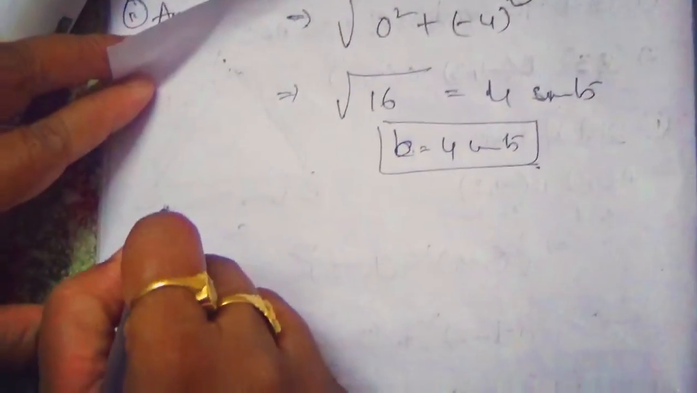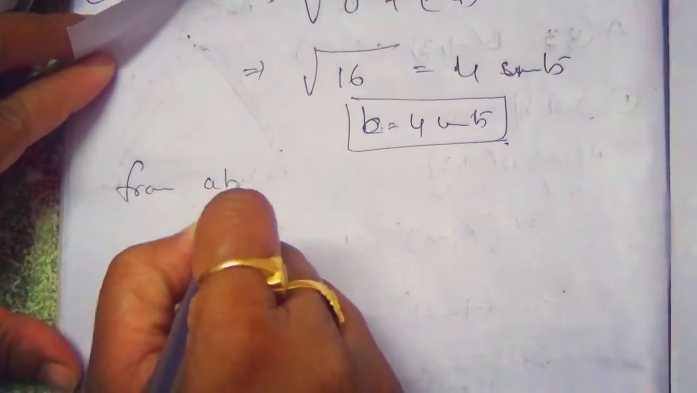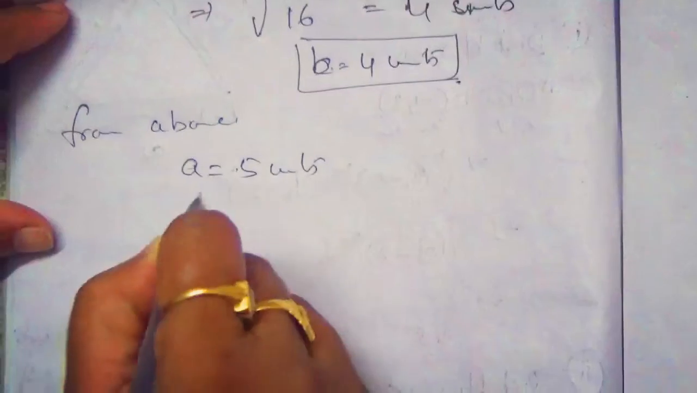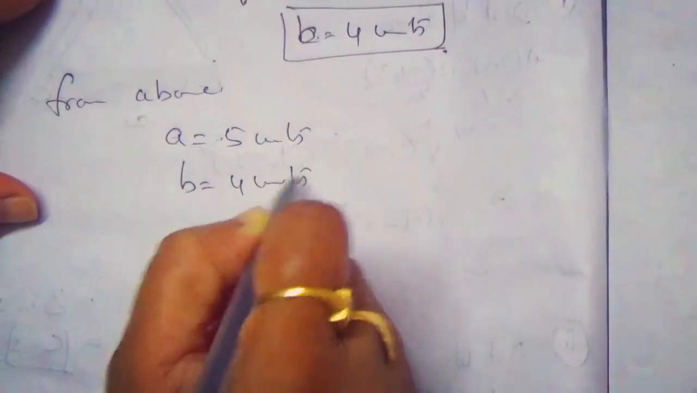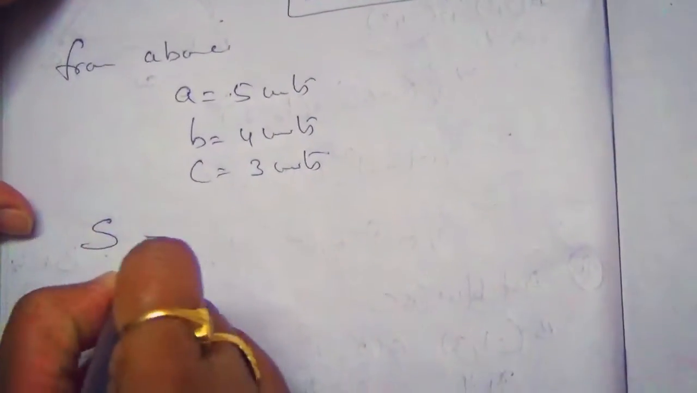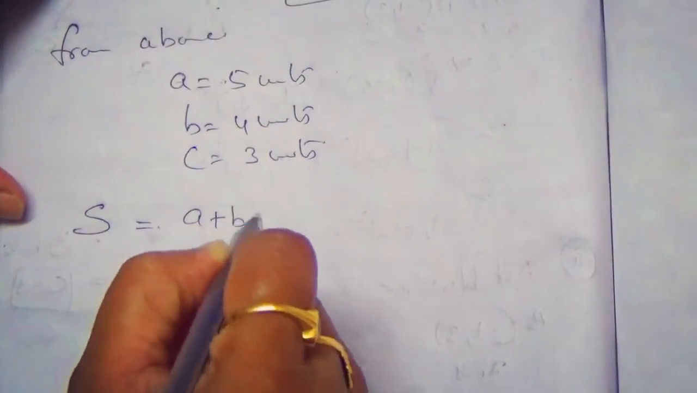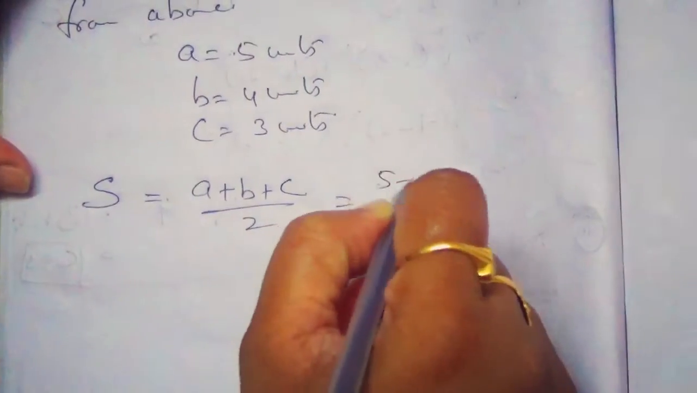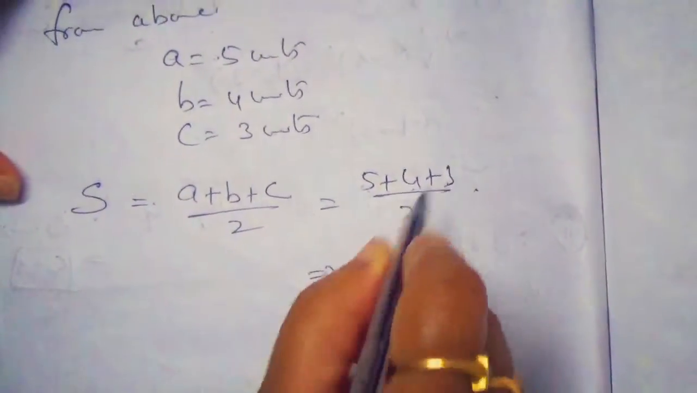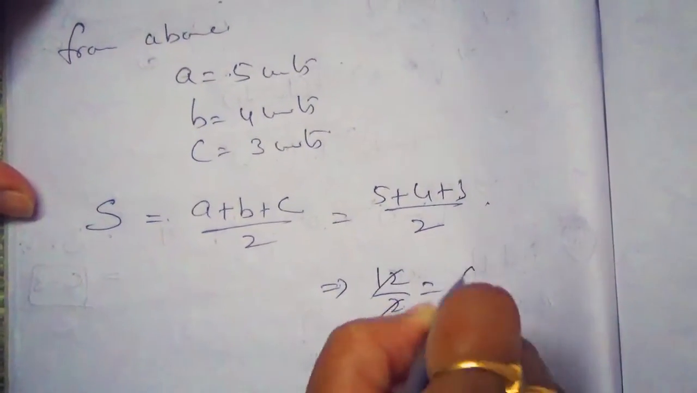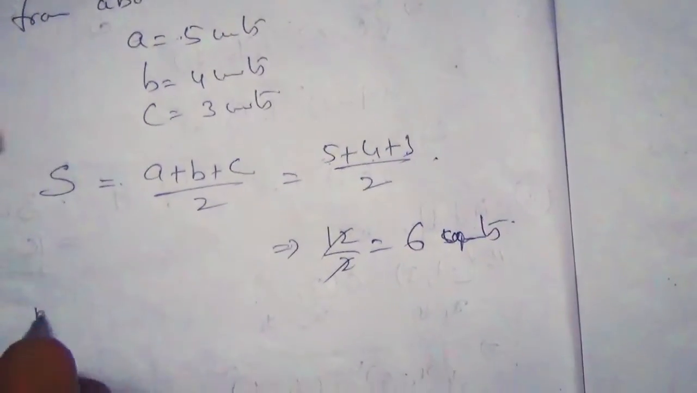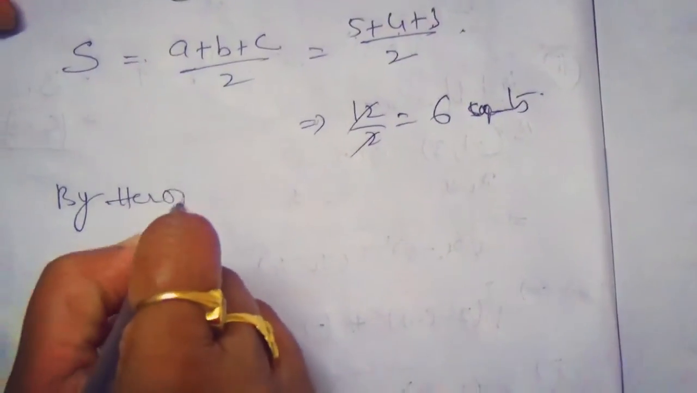So we got A, B, C. From above, A is equal to 5 units, B is equal to 4 units, C is equal to 3 units. So S is equal to (A + B + C) by 2, that is (5 + 4 + 3) by 2, that implies 12 by 2. When you cancel this, 6 units. By Heron's formula,